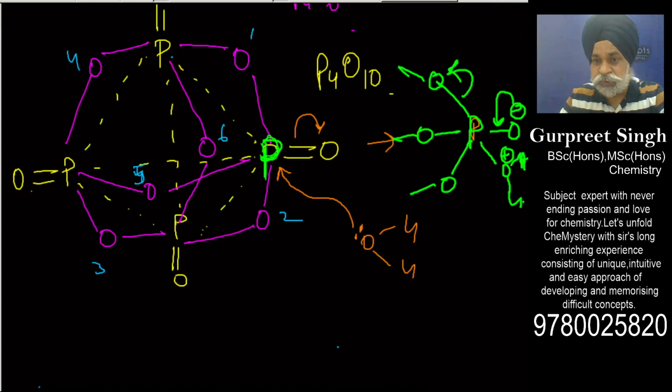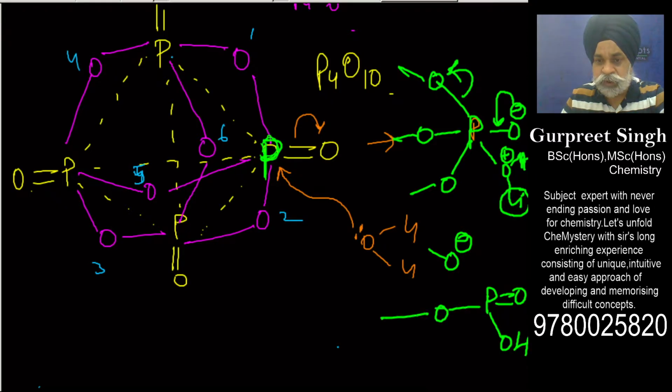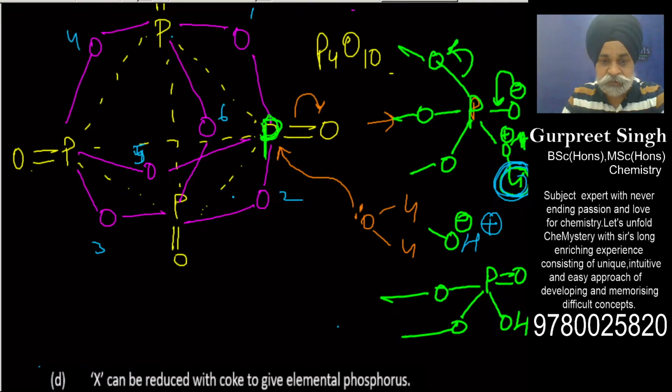So the bond got opened up, and one of the H positive from here attaches with this oxygen. So the oxygen which here would get negative, this becomes a double bond. Here comes the OH. On this side it is attached with this one, and the H positive present at this point attaches with it. So this is the way this keeps on opening up, and you end up getting the phosphoric acid. So you can try it yourself.